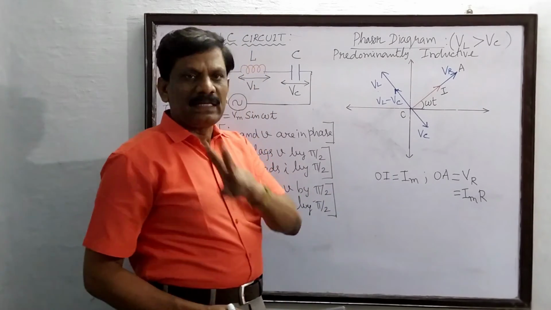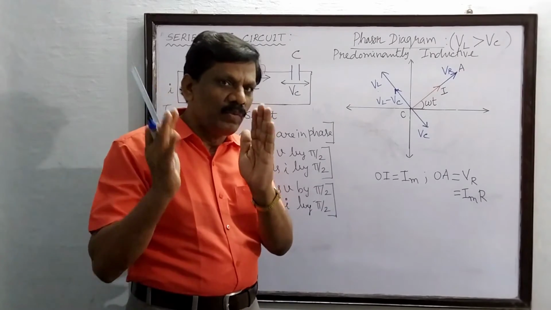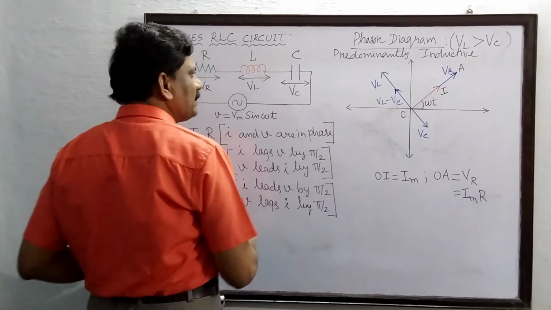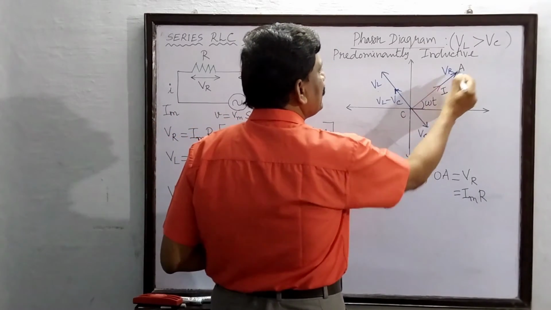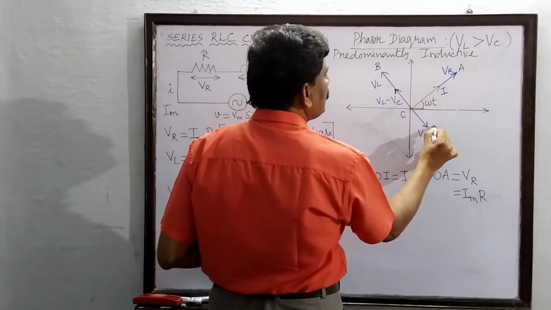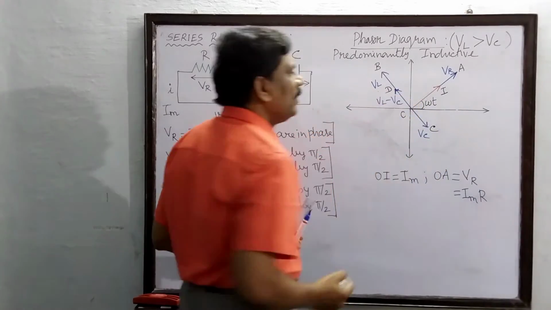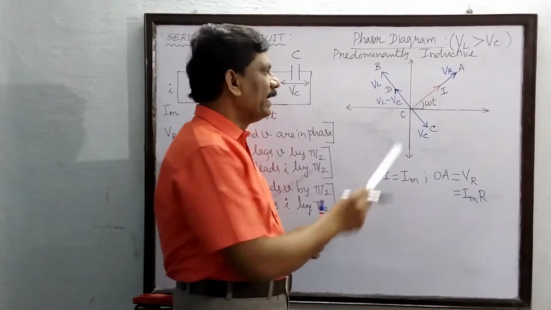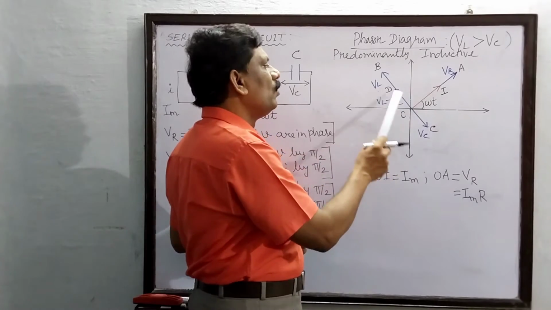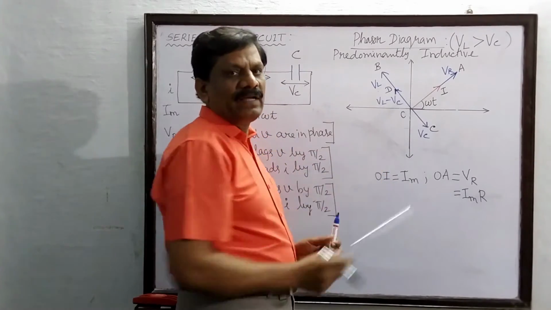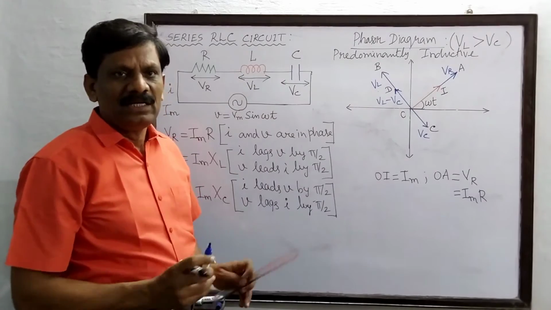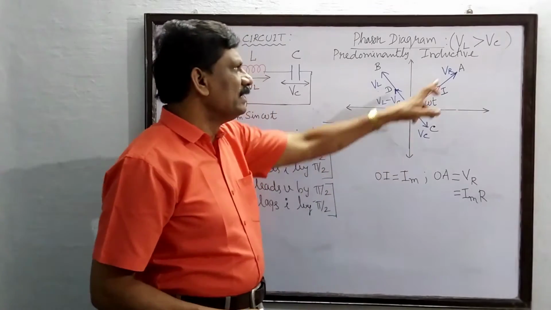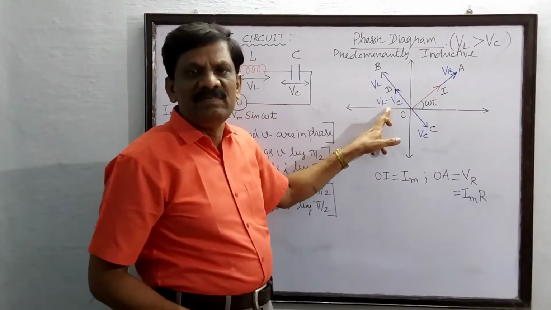So the two vectors are visible to us. You have to look only at the two vectors, that is this OA vector. If you want, I can write the names also like this. So this is OI, this is OA, this is OB, this is OC, and this is OD. Now we have to see the two vectors OA and OD. The angle between the two vectors OA and OD is equal to 90 degrees. So we have studied the parallelogram law of vectors. Using the parallelogram law of vectors, I can find the resultant of this VR vector and the VL minus VC vector.